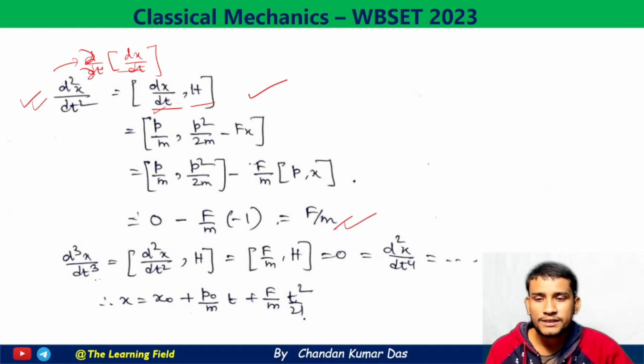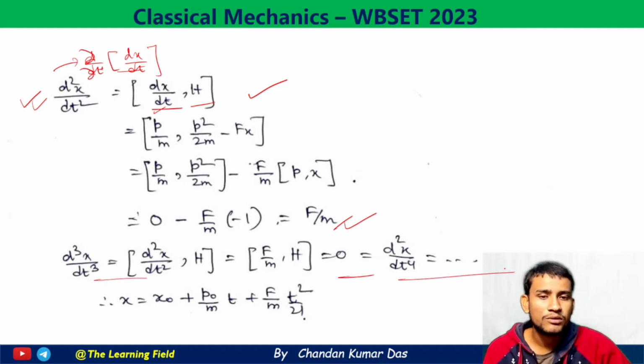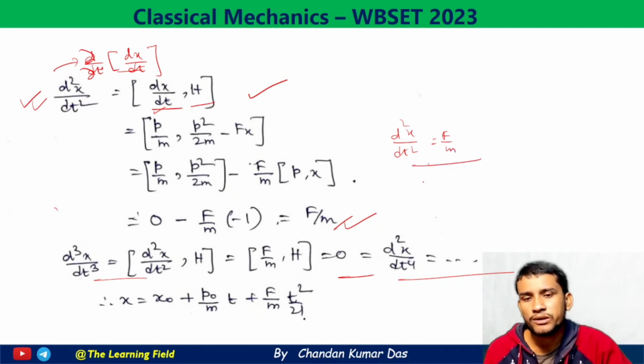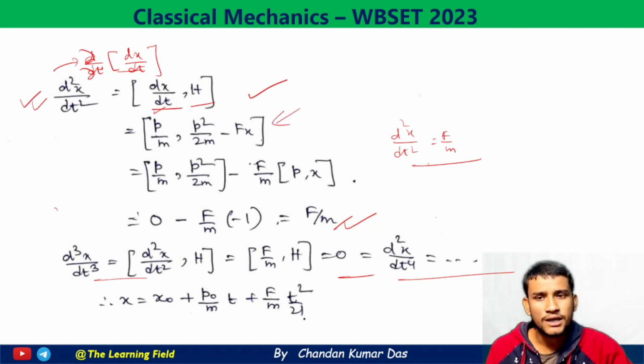So we put this value, and after calculation similarly you can calculate, and we get f by m, and then next derivative term is equal to 0, and therefore the next higher order derivative terms also 0. If we get one derivative constant, see this d2x dt square is equal to f by m, which is equal to constant. Therefore the higher order derivative terms are 0. Therefore we don't need to proceed further or calculate the higher order derivative terms, okay. I think you can calculate this under Poisson bracket after using the properties and the definition of Poisson bracket, okay.